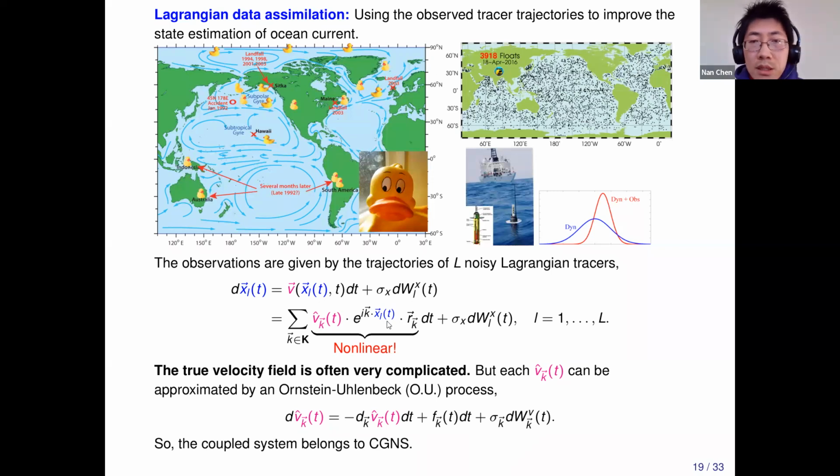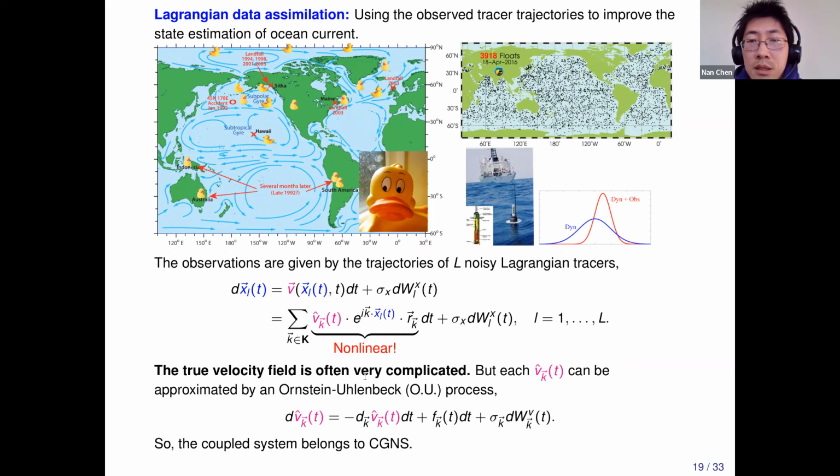So what we can do is we still use this equation as our observational equation, but we try to build some approximate model for the velocity field such that the coupled equation x and v will be a conditional Gaussian system. What we need to do is use a stochastic linear equation to describe this velocity field of the ocean. You can see this is nonlinear, but it appears only for the observational variable. So conditional on the observation, this velocity field itself is a conditional linear system, right?